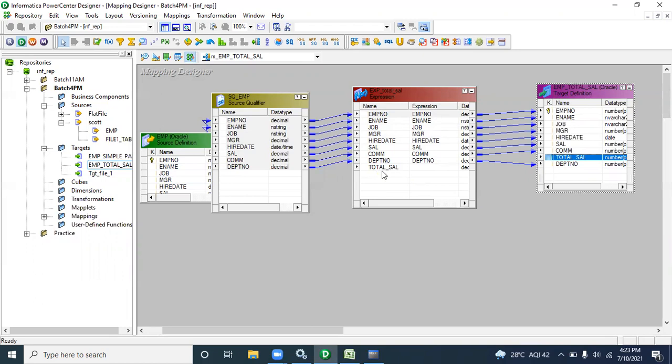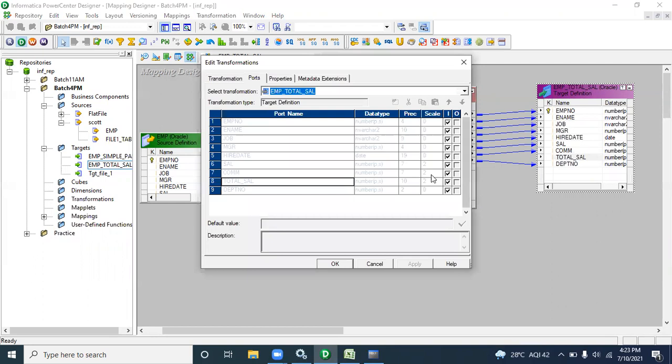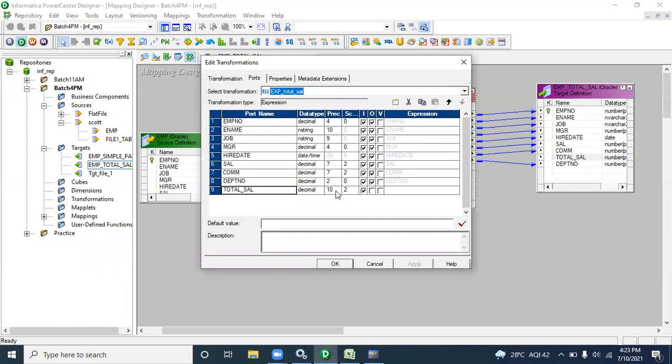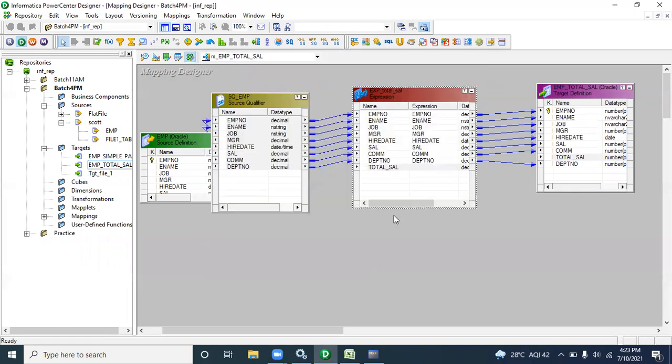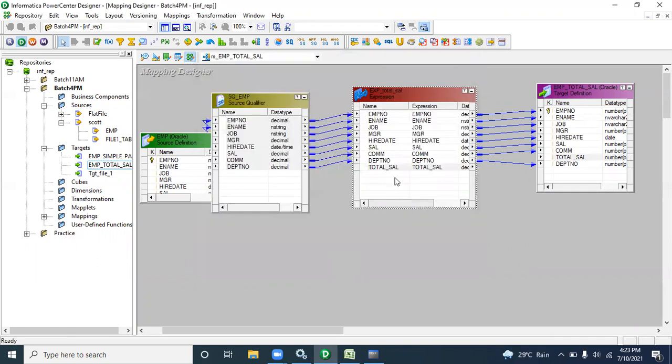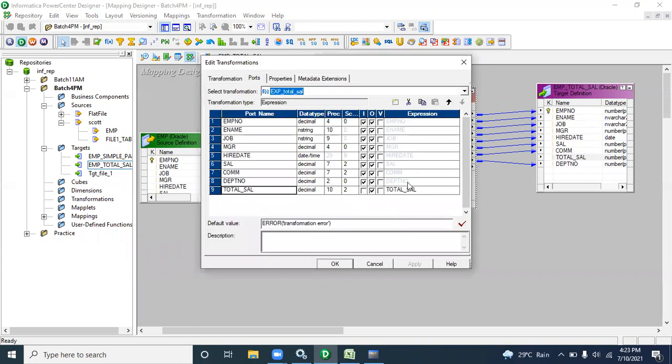This manner also creates it automatically. Why am I suggesting we create it this way? Because here the precision is 10,2, right? When I drag and drop, it will automatically take 10,2. So just double click, uncheck the input and check the output, because it's not coming from the source, it's directly generated from the expression. For that reason we can only click on the output, because we are creating a new column name. Correct.